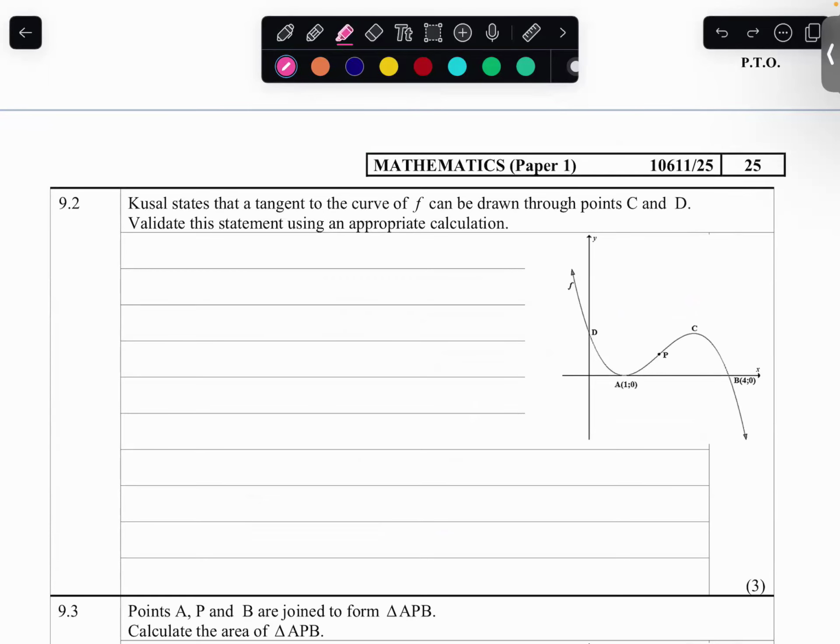Okay. It says Kusal states that a tangent to the curve of f can be drawn through points C and D. Validate this statement using an appropriate calculation. So if they want a tangent to the curve of f at points C and D, you need to find out